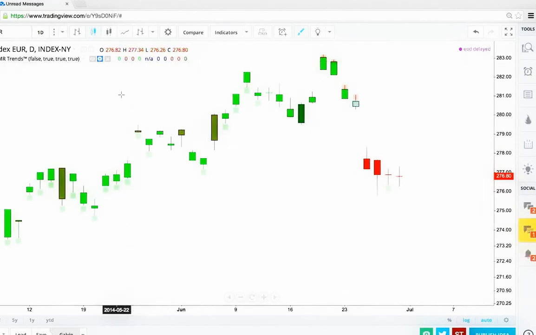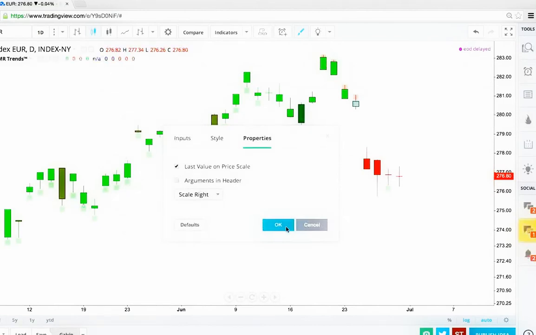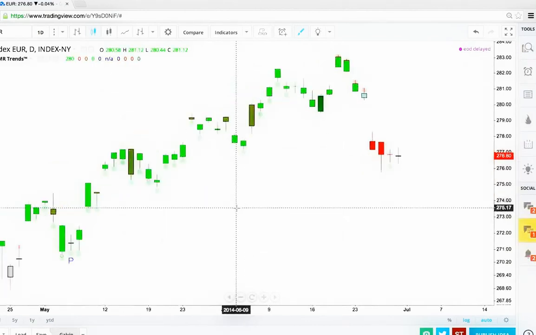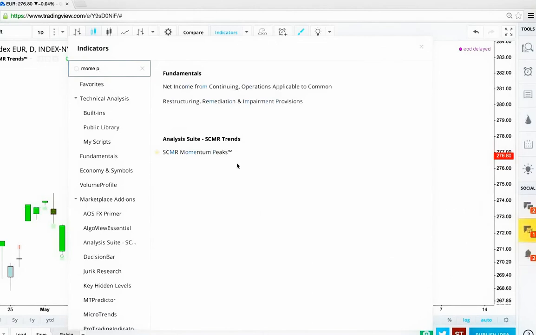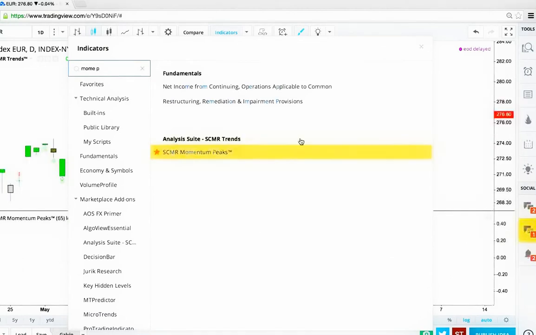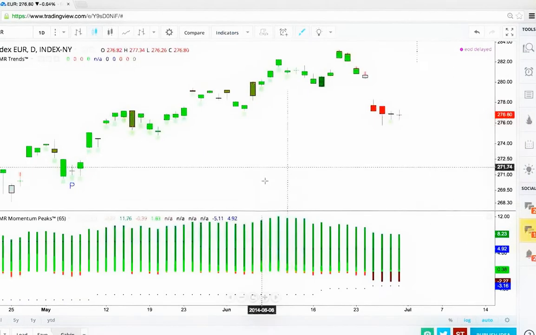So then there's another indicator of yours. The momentum peaks, perhaps. I don't know how to interpret that. Yeah, the momentum peaks is basically,